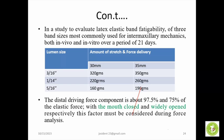That's why guys like Ofnium recommended using elastics at nighttime, so that the patient will stay closed and the amount of force on the horizontal aspect will increase. They compare this force amount in closed mouth and open mouth. In closed mouth, the amount of force delivered by the elastic is about 97.5%, which is quite great. And when the mouth is widely opened, the amount of force delivered by the elastic will be 75%, which means